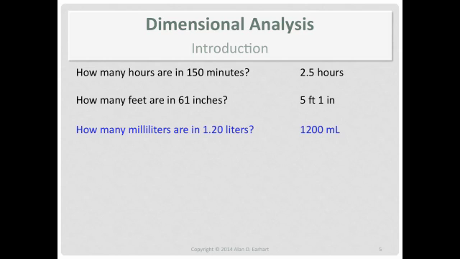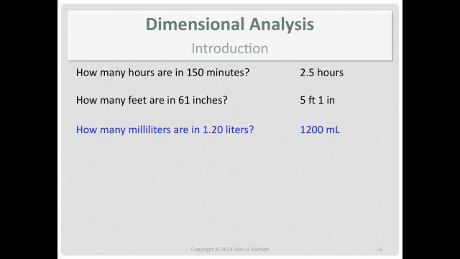And all of them have reasonable conceptual checks, too. You can look at the answer and see if it makes sense. Like on the first one, if I would have come up with 15 hours, hopefully you would have figured out that that was wrong, just because it was 15 hours. Okay, let's try another one.